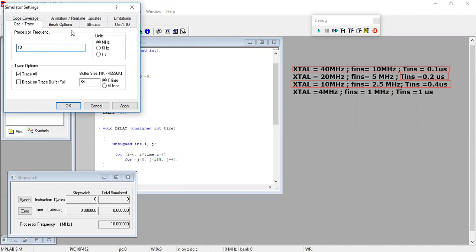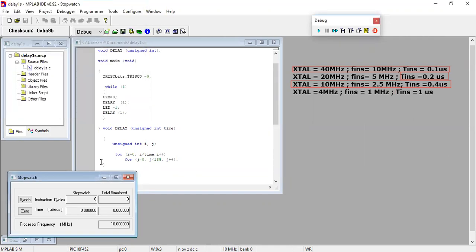I'm going to set it to 10 megahertz. You can change the units to hertz, kilohertz, or megahertz. I'm going to make it 10 megahertz and press OK. Now whatever instructions or time will be calculated, it will be calculated against a 10 megahertz crystal oscillator, right?